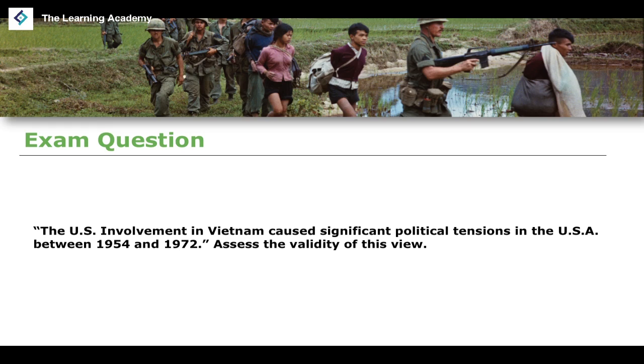And we can pinpoint and highlight specific reasons for this. We can talk about, for example, the involvement of mass media within the coverage of the Vietnam War. You can make those points as long as you don't spend too much time focusing on them. You can just say these are the reasons why political tensions began to ramp up. The way in which people viewed the Vietnam War began to change, and mass media, for example, was one of the reasons.